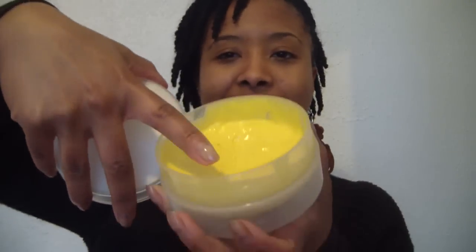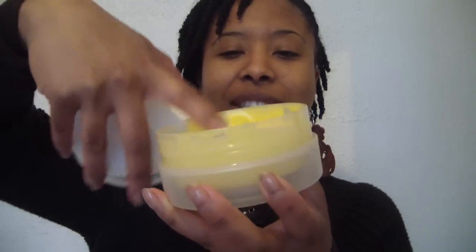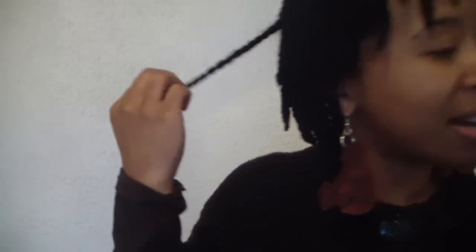Very yellow, and it's not a thick consistency, but it's very smooth. And it works. It really moisturizes. So I made that this morning, and I really like it. But then I was supposed to make a sample of mango twist to send off to someone who requested it,